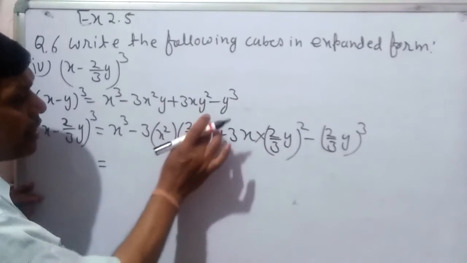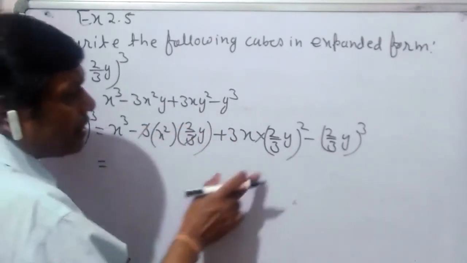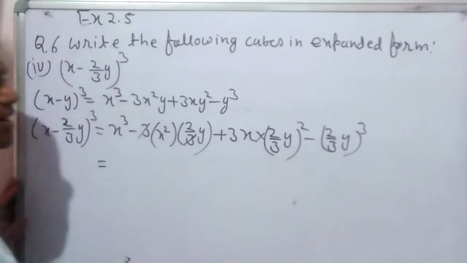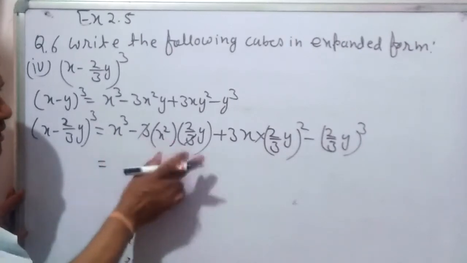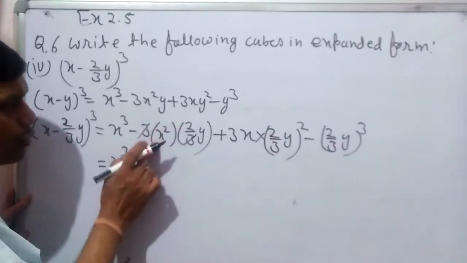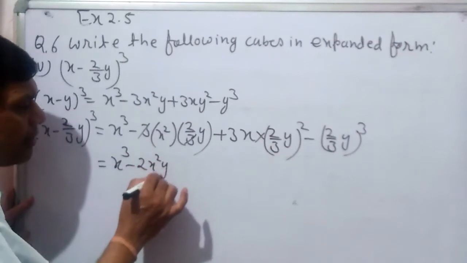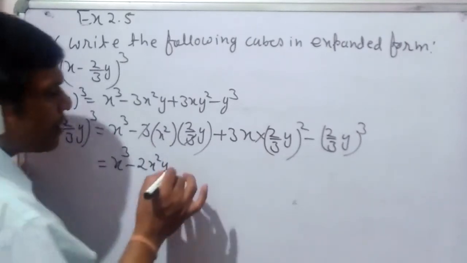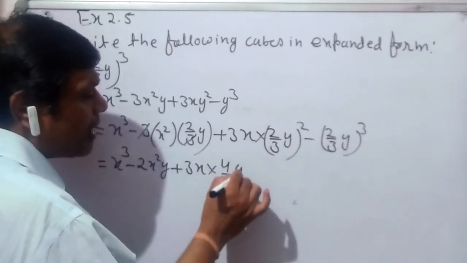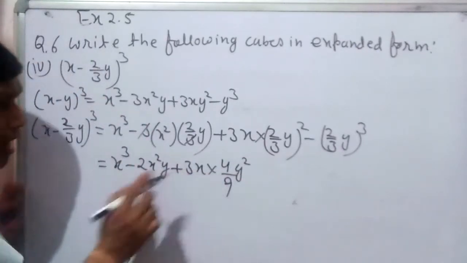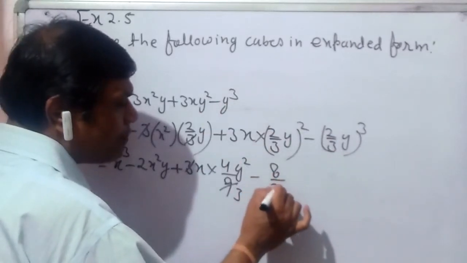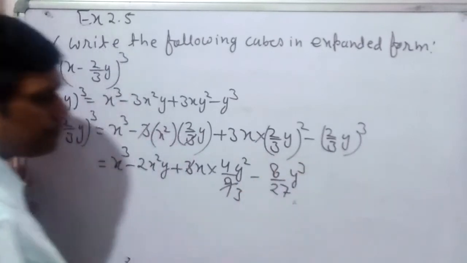We can cancel 3 over here because there is no square, but we cannot cancel the other because there is a square. So we have to first complete the square, then we can cancel it. So we have cancelled it. Let us simplify the other parts. We have x cube minus 2 multiplied x square y. Denominator part is gone, it is 1 only. Plus 3x multiplied, complete the square, we have 4 upon 9 y square. Now we can cancel 3 3 as 9, minus, what should be the cube? 8 upon 27 y cube.